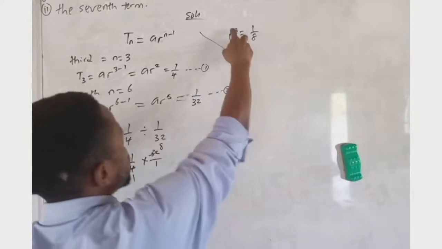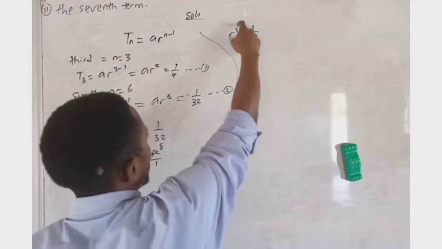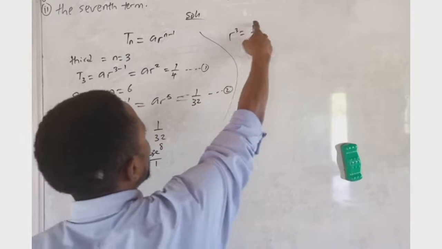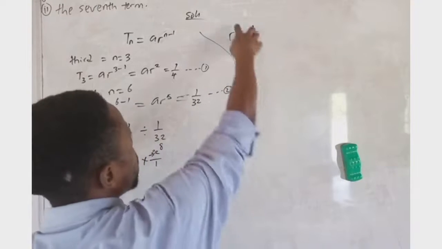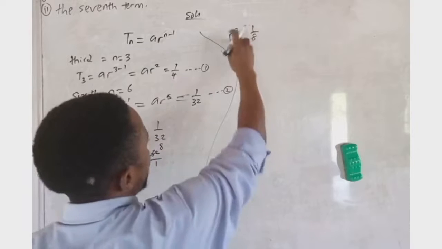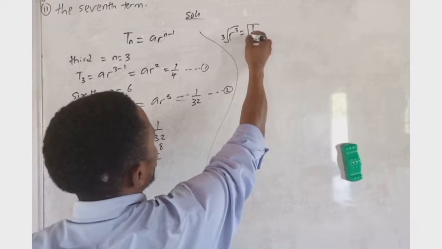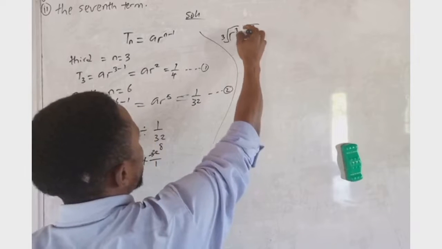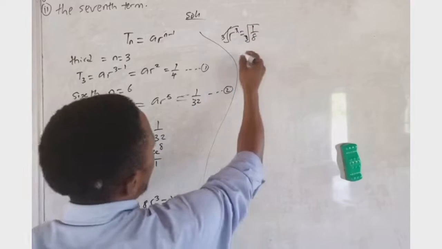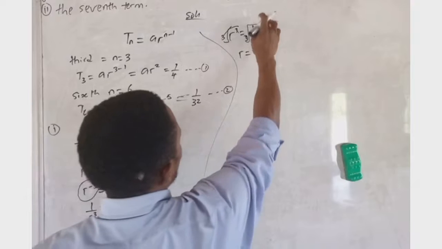So in order to cancel and get r now, you have to count the 3 here. So you need to take the cube root of both sides to cancel this r raised to power 3 here. So take the cube root of both sides, and this cancels the cube root here. We have our r is equal to the cube root of 1